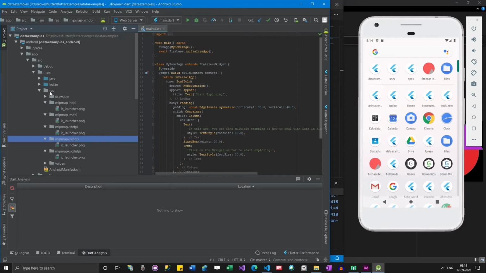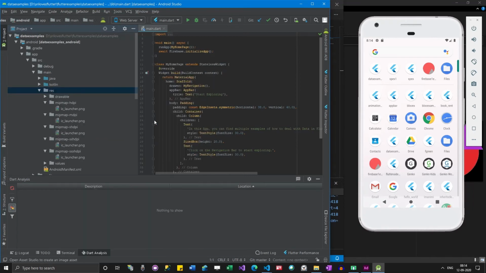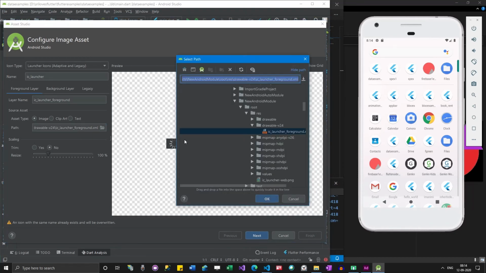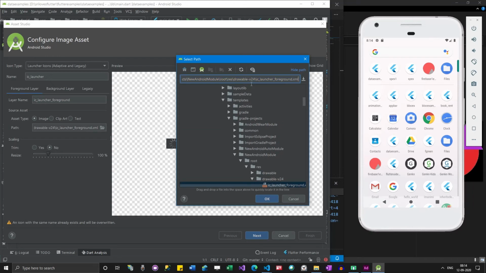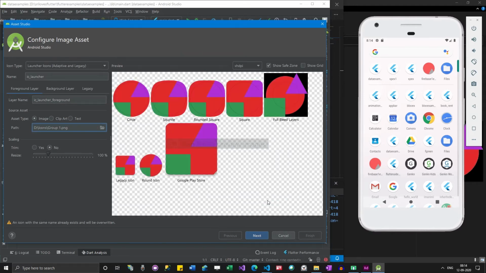What you need to do is just go here, right click, go to New Image Set, and then click on this browse icon, go to C:/icons. Select the icon which you have created, and then you can see that the icon is loaded.